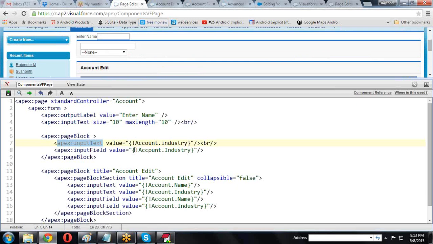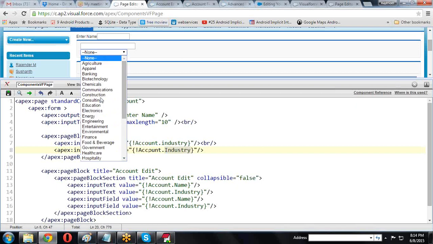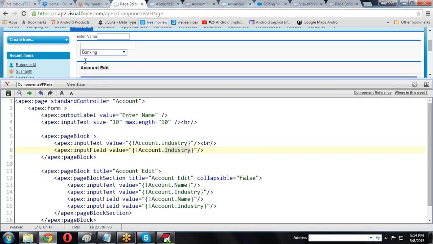But whenever we are using input field, whatever field value is there, including those values also, it is displaying. That is the difference between input text and input field.